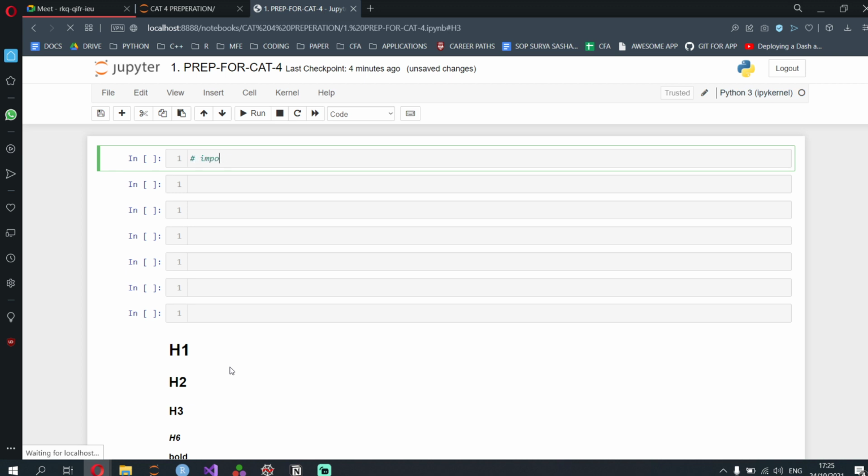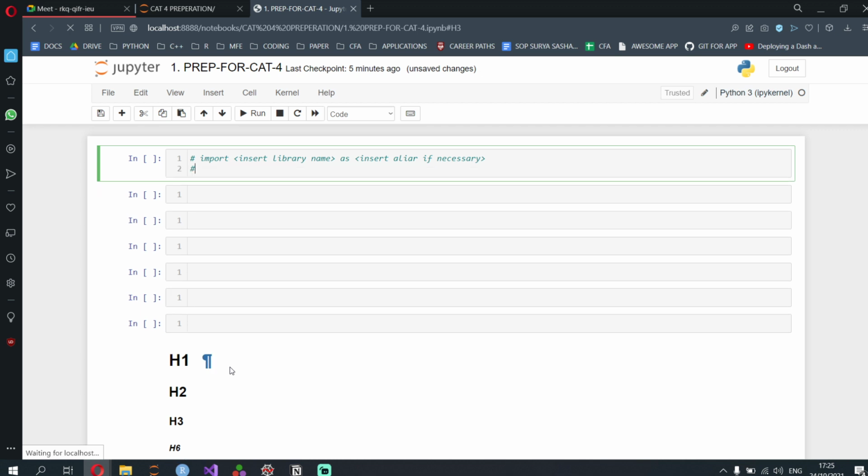import. Another thing, to create an inline comment, you don't always need to use markdown. You need to start with a hash and then you can type whatever you want. Python will consider that as white space. So: import, insert library name, as, insert alias if necessary. This is one way you can import various things.